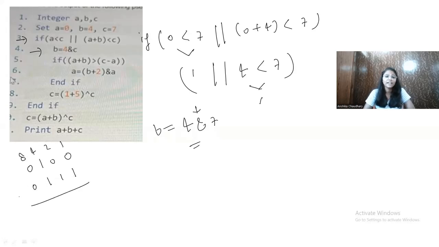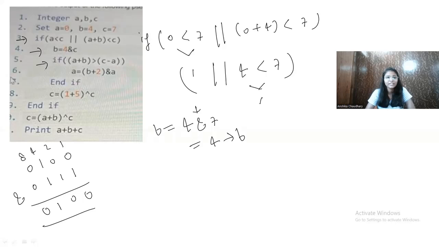So let's find out the AND. Right, AND works like, if both the values are 1, then only it will return 1. So here it is 0, so it will return 0 0, and it will return 1 here and 0. So it will become 4 only. So this time b value is 4, right?